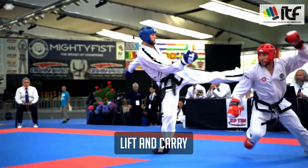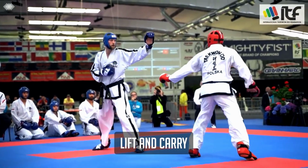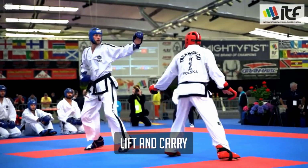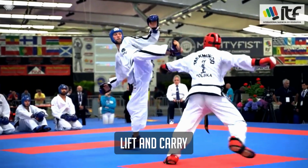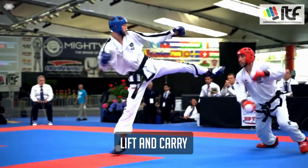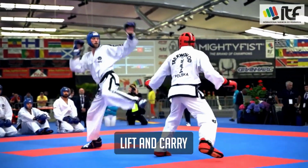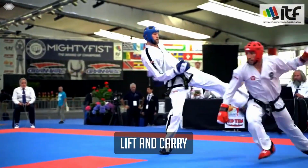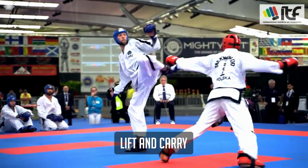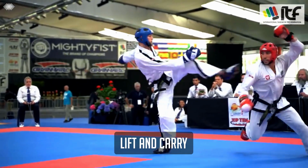So you have a few options. You have the option of either bailing out, like we see, or holding your ground. If you hold your ground, with the distance that he has over you, you're not going to be able to counter him. You're going to be just in the way of that, especially if he can lift up first, which he can, because he's actually so far away from people. Usually if you're a little bit closer, you can maybe get that as it's lifting, but that's not an option here because of the way he holds his front hand and the distance that he has. So a fantastic option. And you just see the lift is the first thing that happens,